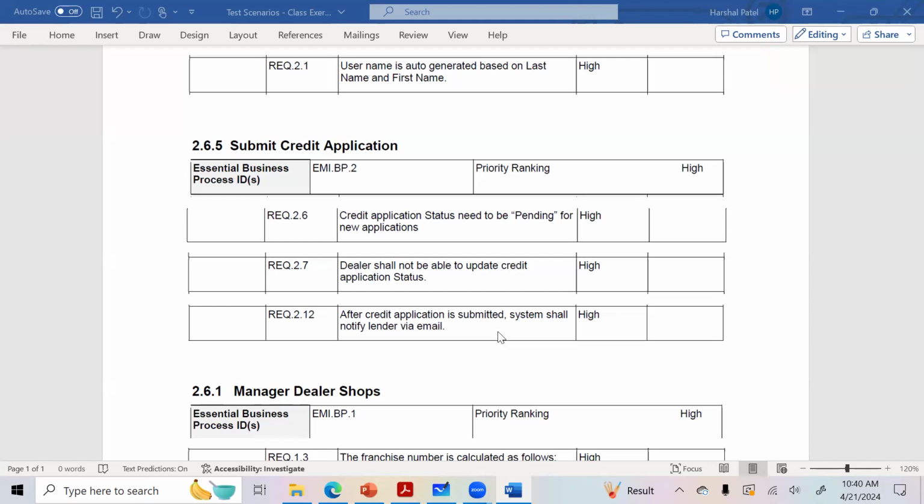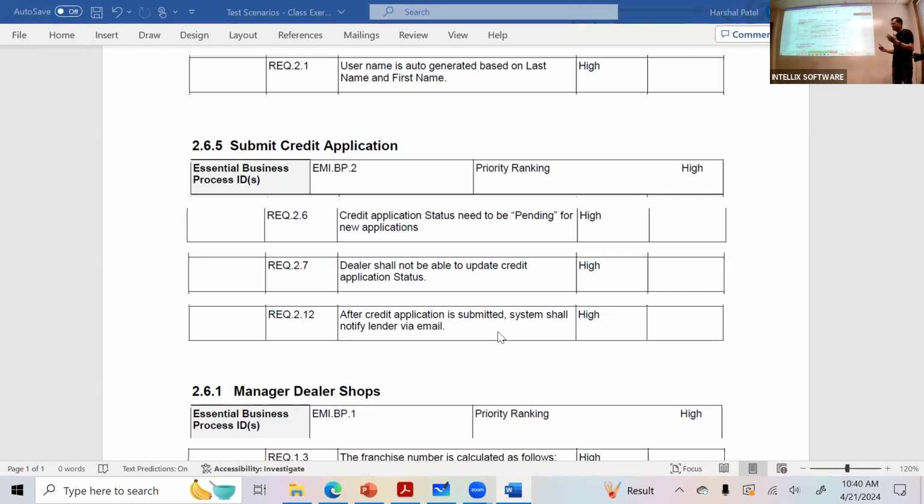That's part of creating the test data setup, which we will talk about as we go through the test cases. But you understand the process here: you have to verify that, as a lender, I received the email. So you are simulating the overall business process.